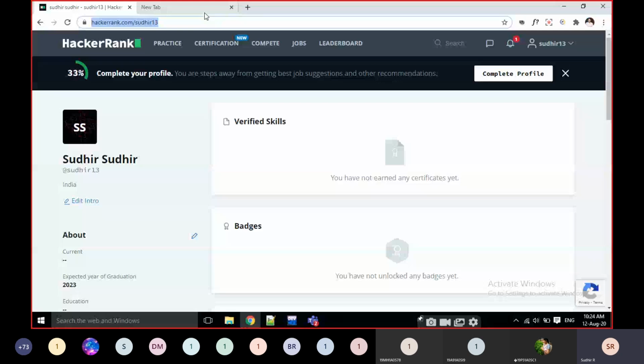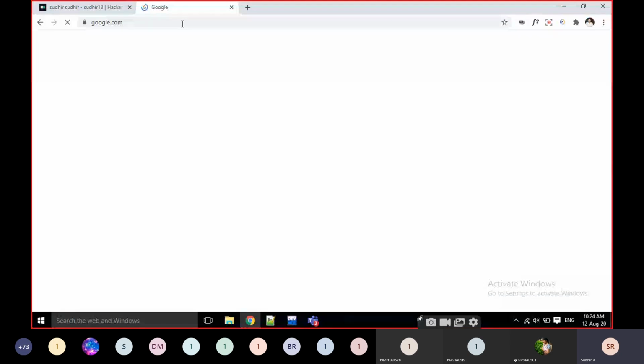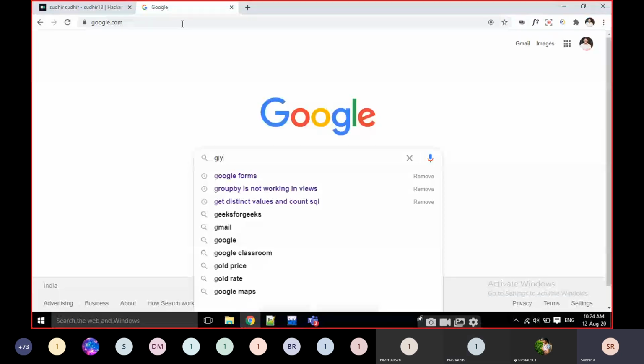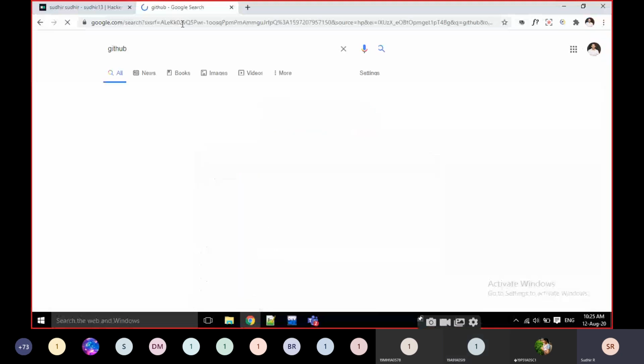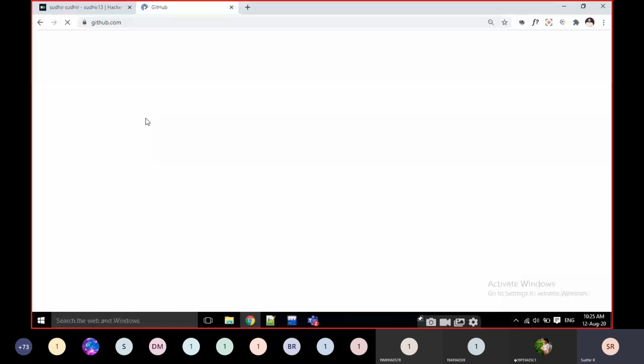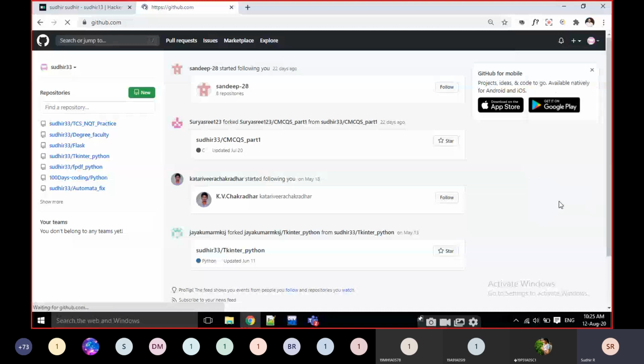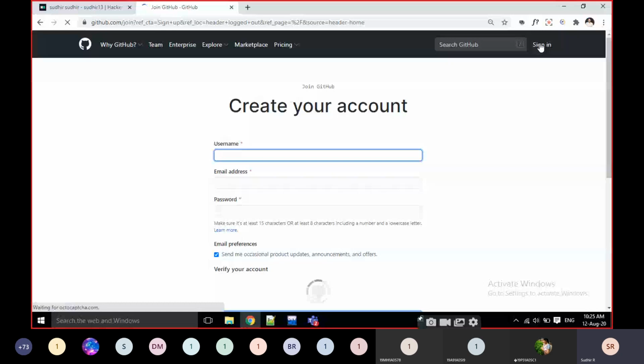And one more thing, that is called GitHub. Type GitHub in Google, and open the first result. Okay, I'm going to log out here. First of all, you have to click on sign up and create an account. There is no sign-in with Gmail here.